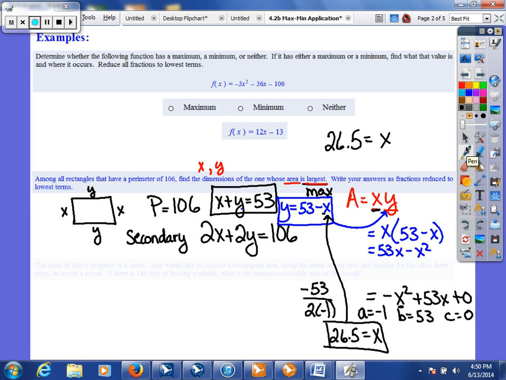Okay, so let's review here. What I did is I drew a picture if I needed one. I identified the secondary equation. That's what we know stuff about. Then I identified what we're trying to find the max or min of, because that's called the primary equation. I'm going to use the secondary. I'm going to isolate a variable in the secondary so that I can substitute its value into the primary. Hopefully that produces a quadratic. That's what I'm looking for. I find the x value of the vertex, which is the opposite of b over 2a. So it's 26.5. And now what I'm going to do is back substitute